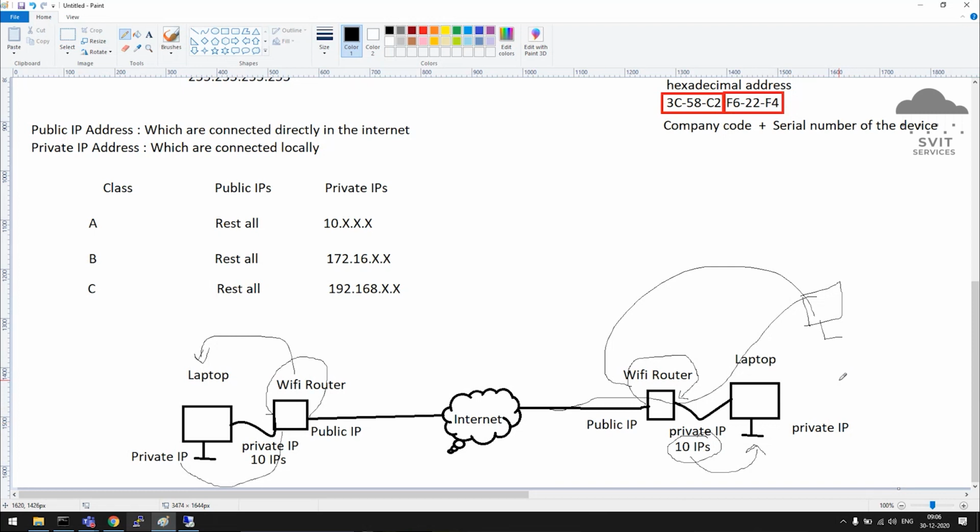Fine. Clear? So that is how it basically works. We don't need to go that deep, but it's okay. Just for your understanding, you will be able to understand what is public IP and what is private IP. Fine. Any question as of now?